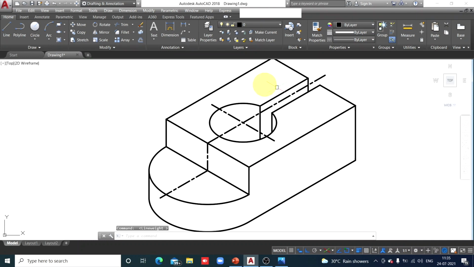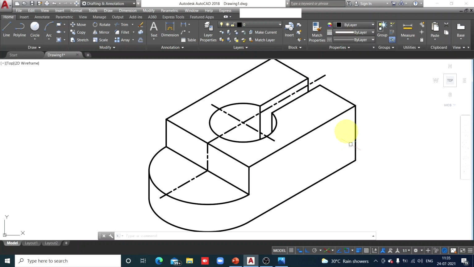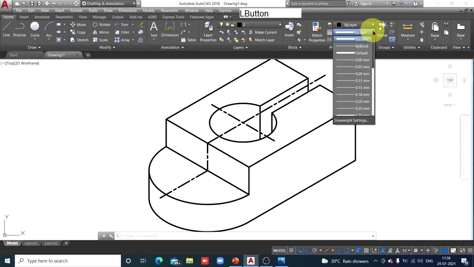So check here. Now all these lines are of the default thickness. We don't want all the lines of default thickness, because center lines are not thick lines, construction lines are not thick lines. Right now there are no construction lines, but there is a center line. Also these edges, we'll have to choose proper thickness for. So I'll choose the thickness for edges.